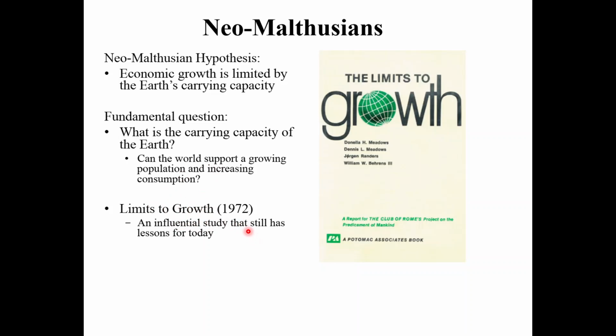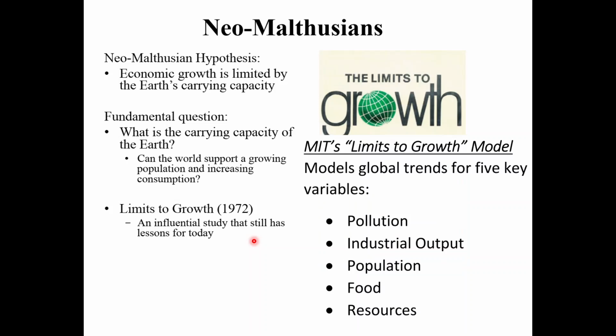1972. Now, remember, in the 1970s, this is when Ehrlich came out with The Population Bomb, and the anti-population movement was really active at the moment. So MIT had a project, The Limits to Growth. This was a mathematical and computer modeling exercise. They used the computer at the time to run these simulations, set up a model, and put in the data to project the trend of five variables: pollution, industrial output, population, food, and resources. And here's the result that they got.